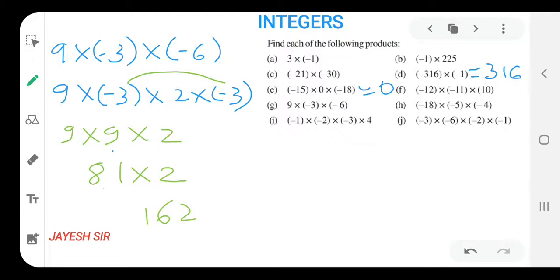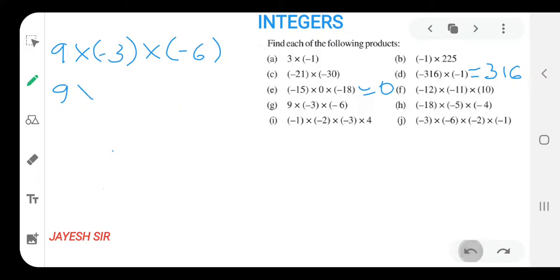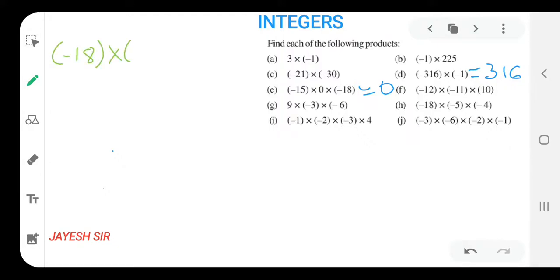I hope you all might be capable of doing it mentally only, because we just need to double the digits. 1 doubled becomes 2, and 8 doubled becomes 16. I hope you all might be getting it. So our answer is 162, as we have already got it by doing it normally with the table also. And all these steps you can do in your mind also, friends. We are not supposed to write each and everything in our notebook. After practicing a lot, we can do it in mental maths also.